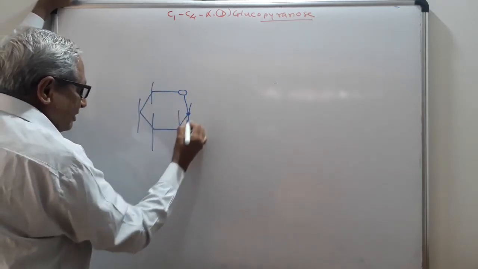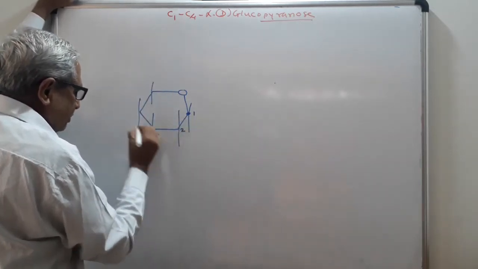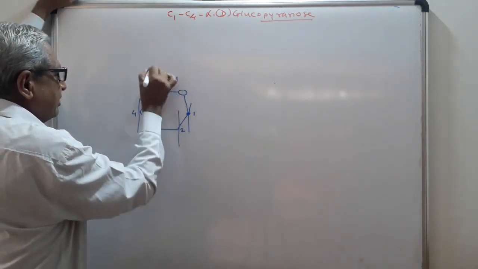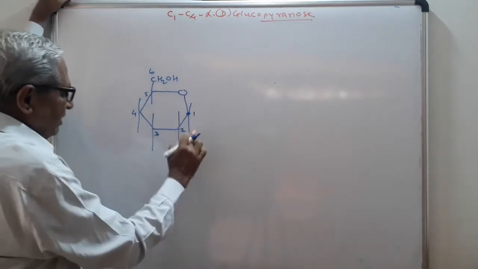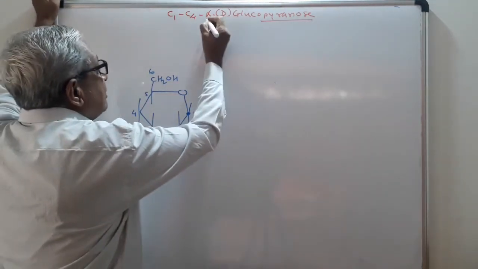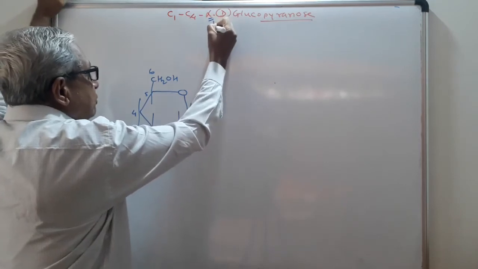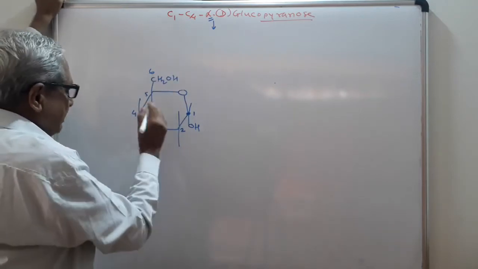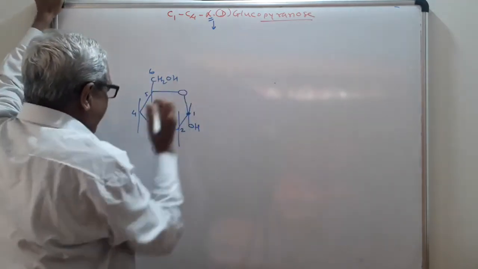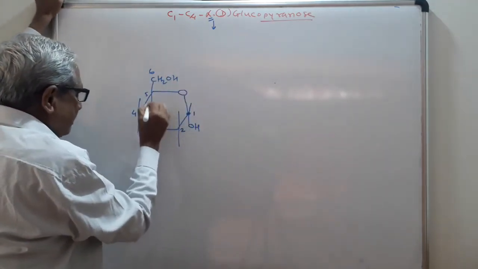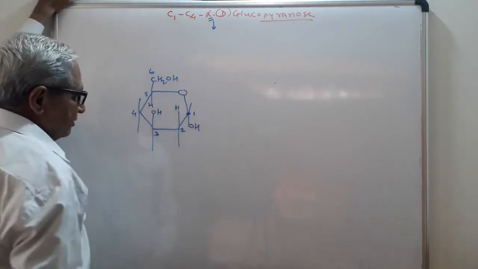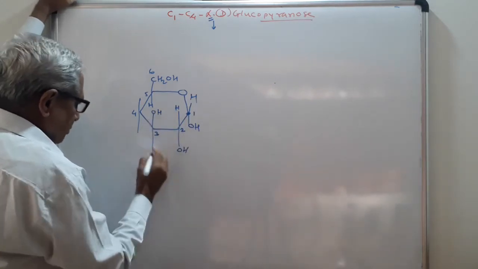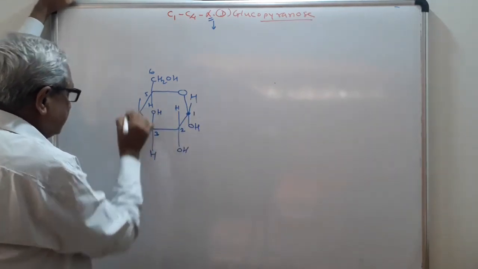This is your anomeric carbon, 1, 2, 3, 4, 5, and CH2OH is carbon number 6. I give the hint here: alpha indicates that on the anomeric carbon the OH group is below, therefore the OH group is below. Second hint: in glucopyranose, where the OH group is inside, there must be hydrogen. As here OH, here must be hydrogen, H, OH, OH, H, OH, H.